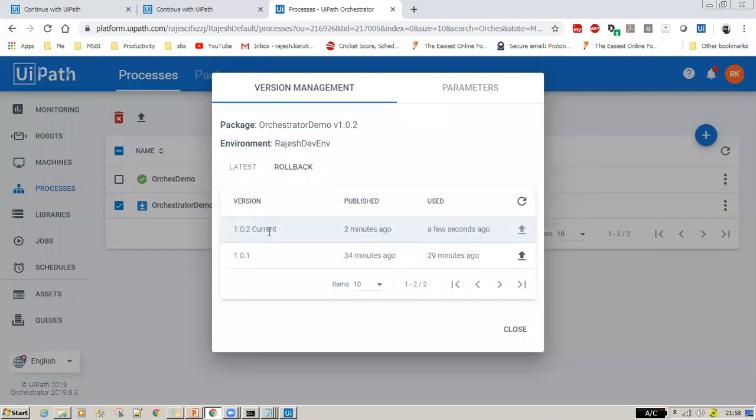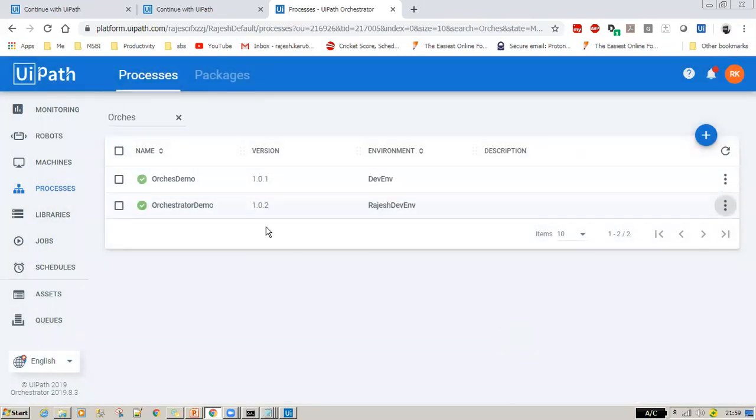See now, the current status has automatically mapped to the newer version, which is 1.0.2, and it was published a couple of minutes before. Now say close. Now see, again automatically it has been synchronized to the most active version of your process. Is that clear? I will show you one more time. Watch.